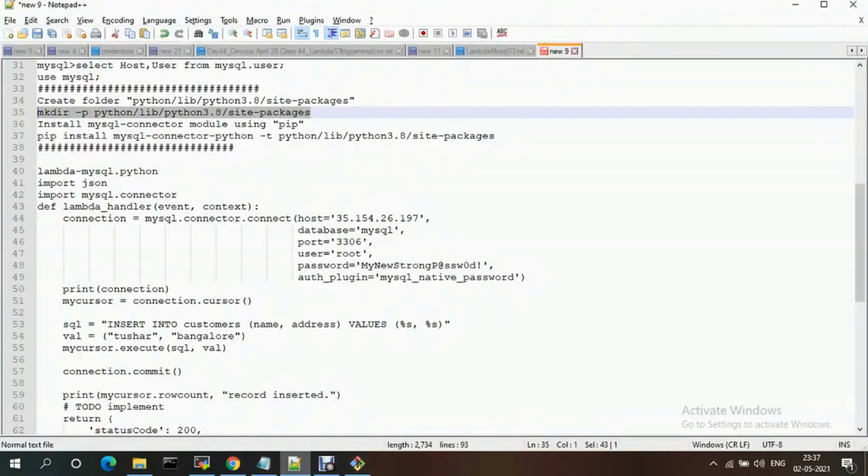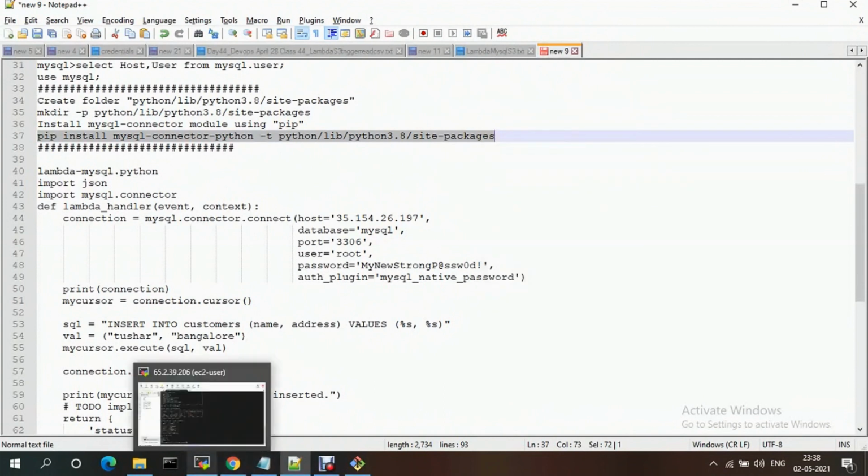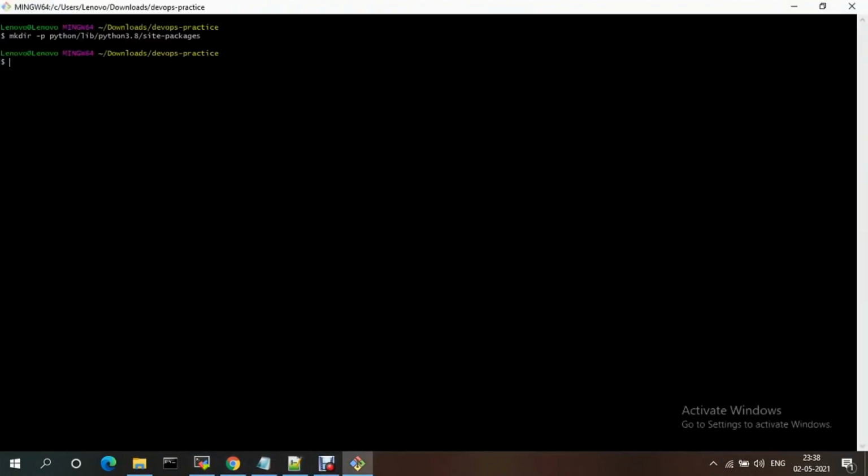After that, you just need to install. I'm using pip install, and pip is already installed on my system. So, pip install mysql-connector-python. This is the package I need. I'm copying this command.